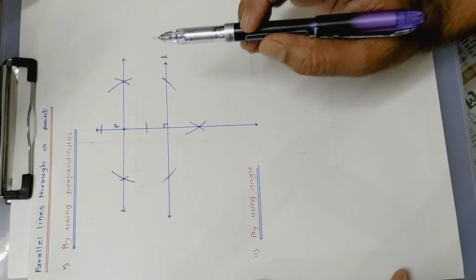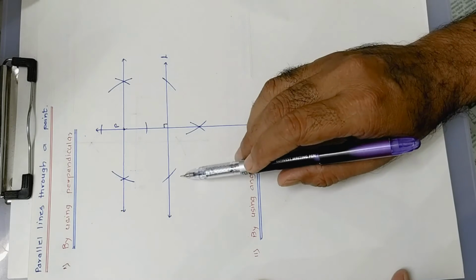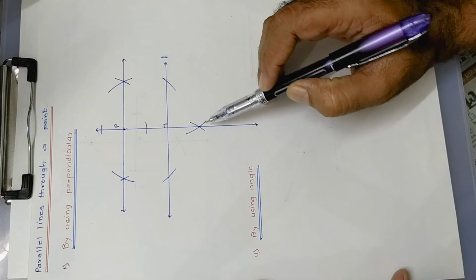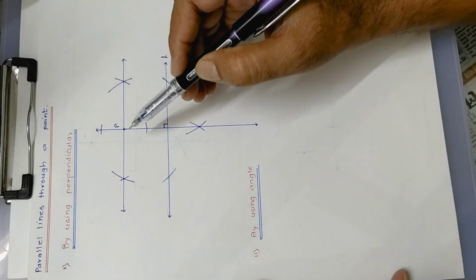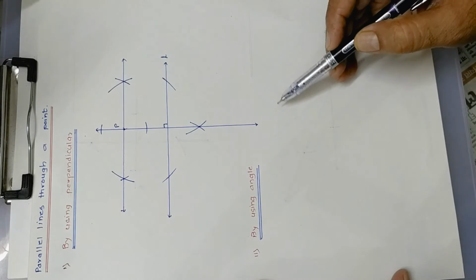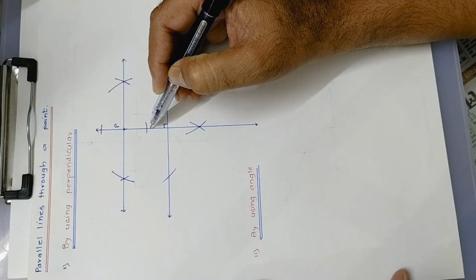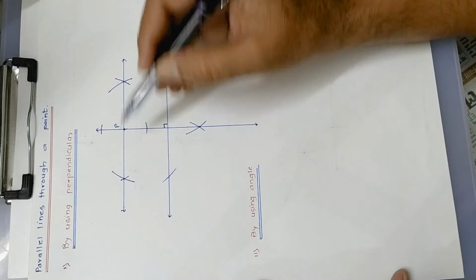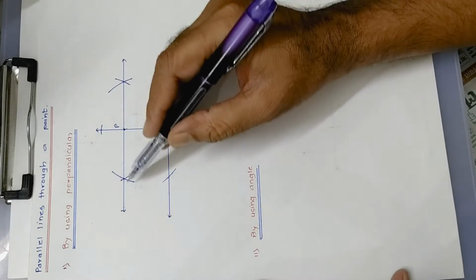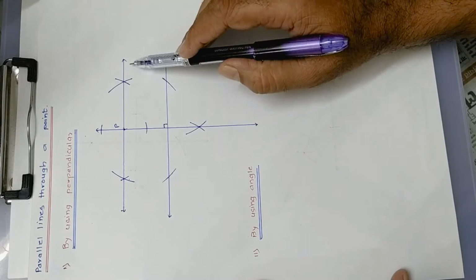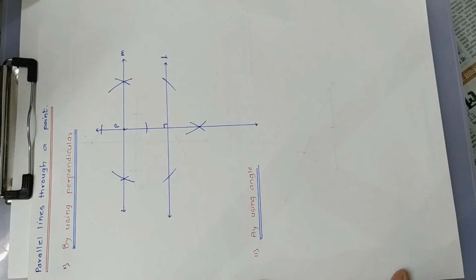So I'll repeat the procedure. First draw line L, take any point P, put your compass on P, draw the arcs on the line, and from these arcs you have to draw arcs below line L. Now join this intersected point with the fixed point P and draw a line. Now put your compass on P, draw one arc above P and below P, and from this point draw one arc towards left, towards right. Change the position, put your compass over here and intersect these arcs. So you will get collinear points, and these collinear points you have to join. So you will get a line, say suppose line M, which is parallel to line L.